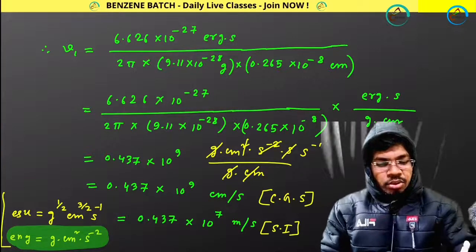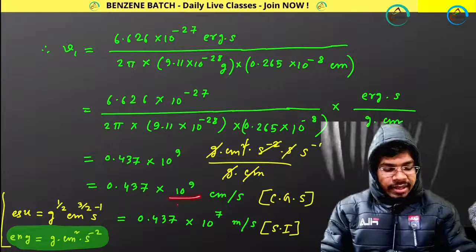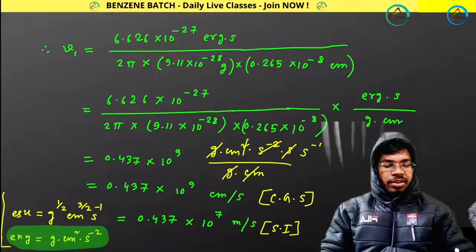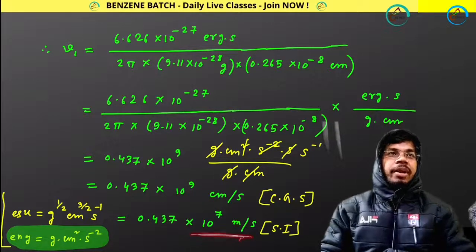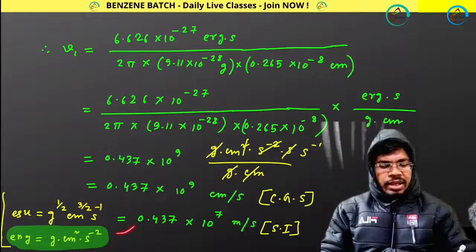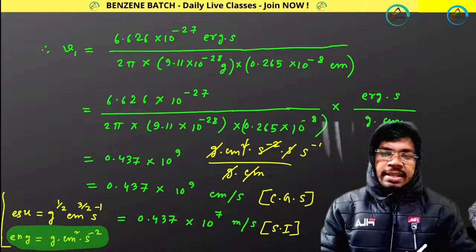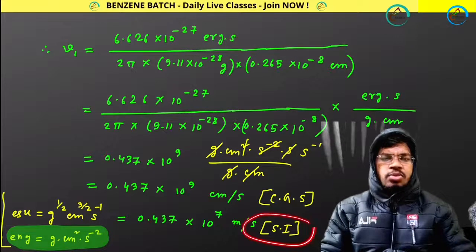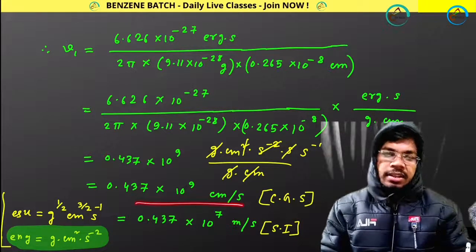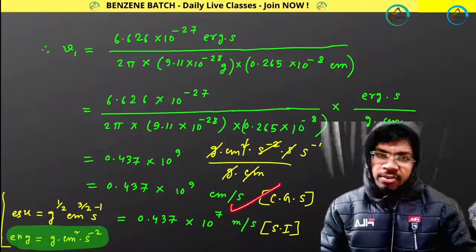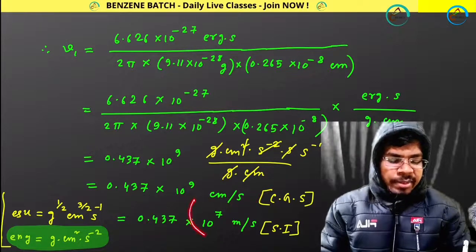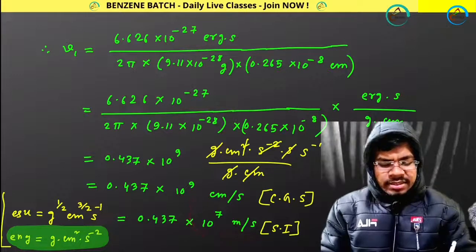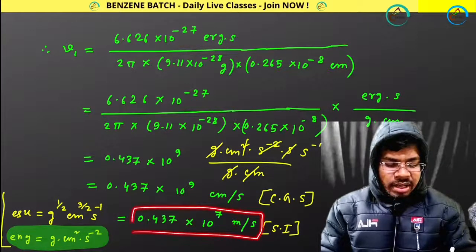So you just need to do what? You just need to divide this thing by 10 to the power 2. That's all. Then you'll be getting your value in meter. Very good, Vikram. In this way, you can solve a numerical in both CGS and SI unit. Even sometimes, if they are asking your answer in SI unit, just do one thing. Calculate your value in CGS unit, if you are comfortable with CGS unit, and then convert it to meter per second. And if you can't do that, just calculate directly the value in the SI unit.